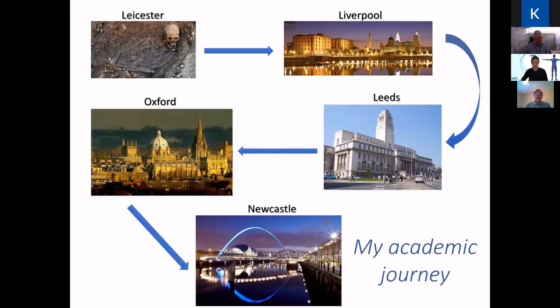So, as Robert mentioned, this is a kind of academic journey for me. I was born and raised in Leicester, in the middle of England, and Leicester's most famous for burying the last English Plantagenet king below a car park, and that person was Richard III, discovered about 10 years ago. After A-level studies in Leicester, I moved to Liverpool and did a degree in applied biochemistry, and that involved a year in industry as well. So I worked for ICI, which is now AstraZeneca.